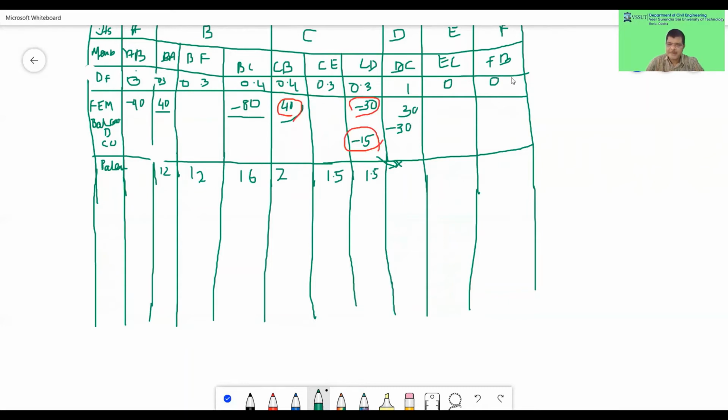And ECFB, there is no moment in the joints, and it will take the moments from C, from EC. From BF it will transfer to FB half the values. Let us go to carryover. Now this will carry over here. It will be plus 6. Right? It will carry over from 2 to here. It will come here 1. It will come from CB to CD. From CB it will go to BC. Sorry, it will go this way.